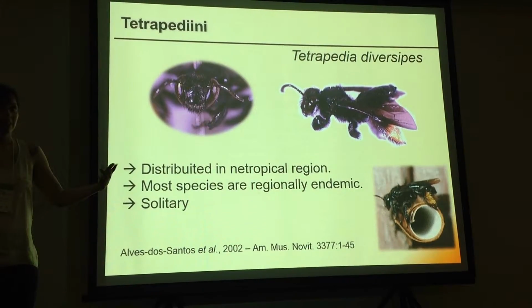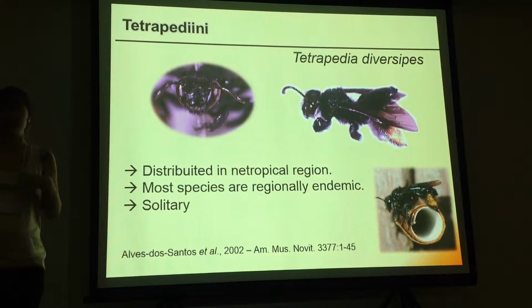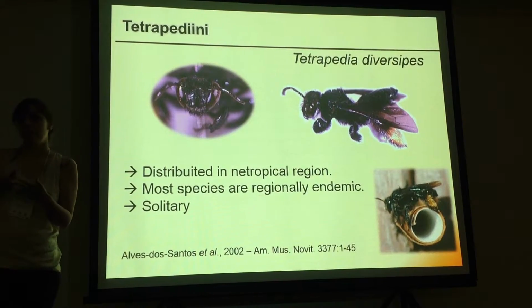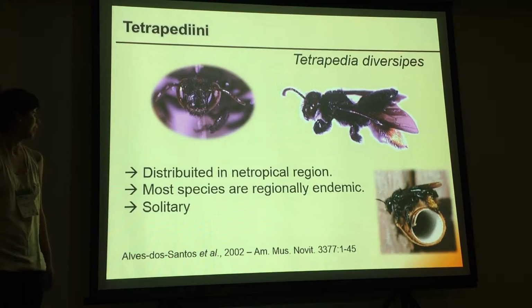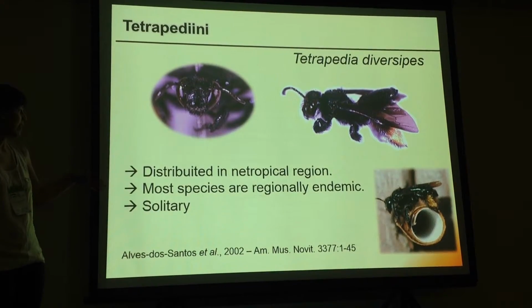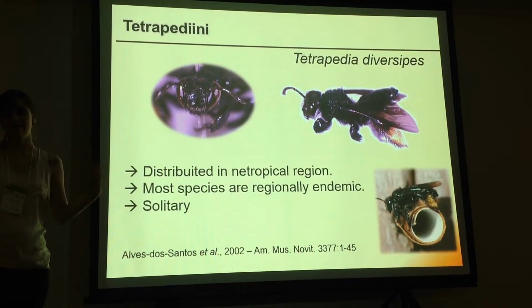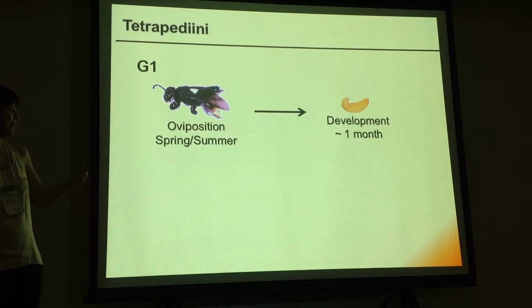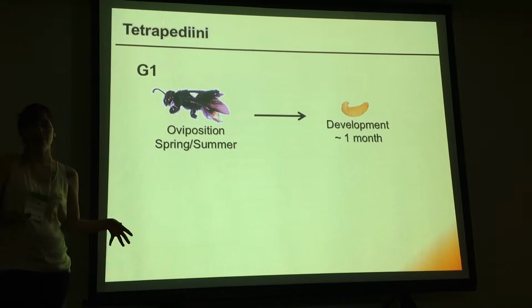The bee I have used to study the bivoltine behavior is not social, so it is an exclusively solitary bee. But this bee does have the bivoltine behavior and does have diapause in one of the generations as well. This tribe is distributed in the tropical region, but this specific species, Tetrapedia diversipes, we may find in some regions in São Paulo. What happens in this species is that in generation 1, the female will construct the colony,